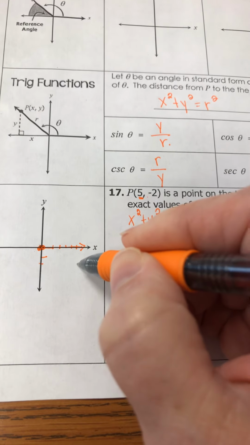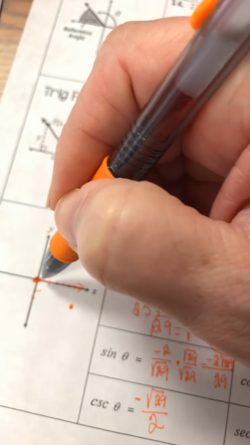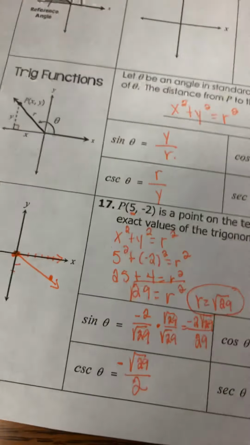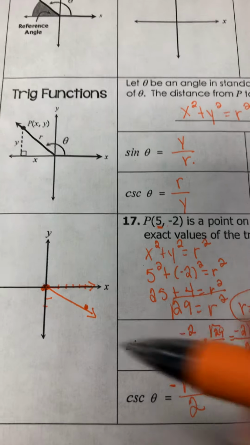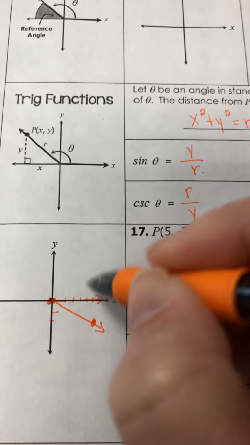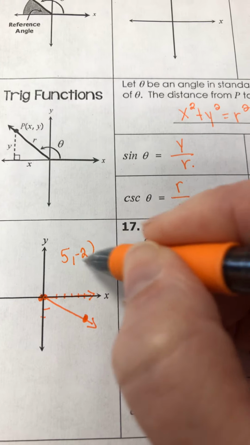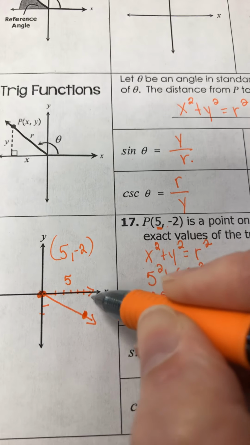So here is 5 and negative 2. I'm going to draw from my origin to my terminal side, and this is what my angle is going to look like. Since this is 5 and negative 2, my x is going to be 5 units long. Now I can draw